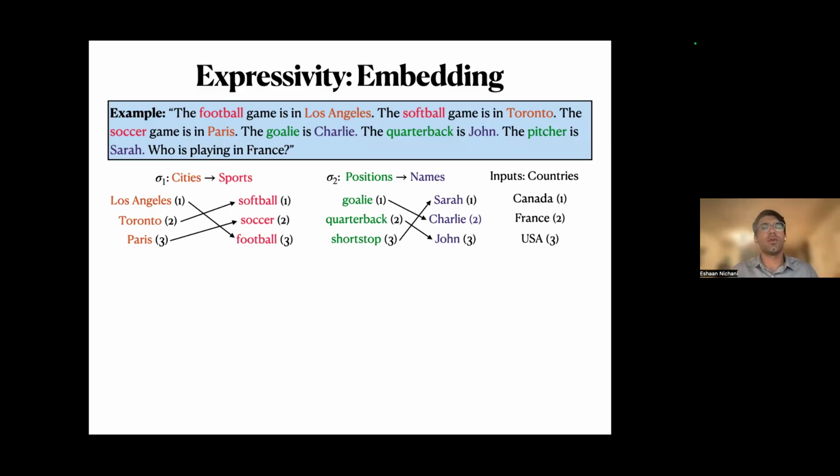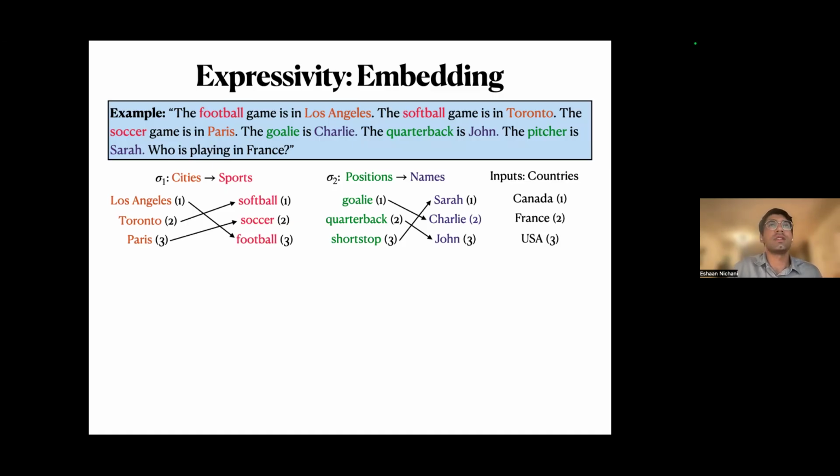Recall that in the formal definition of the k-fold composition, each input was a permutation operating on a set of n elements. In order to map this example to something of that form, we're just going to pick an arbitrary labeling of the vocabulary elements in each permutation. For example, let Los Angeles correspond to 1, Toronto correspond to 2, and Paris correspond to 3.